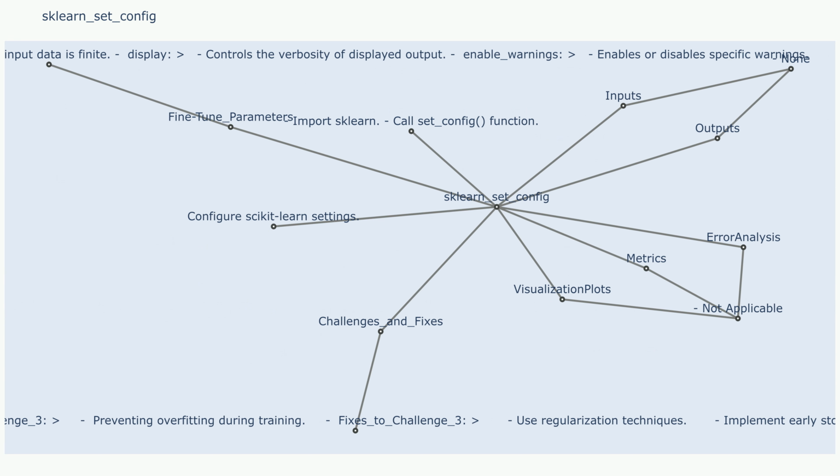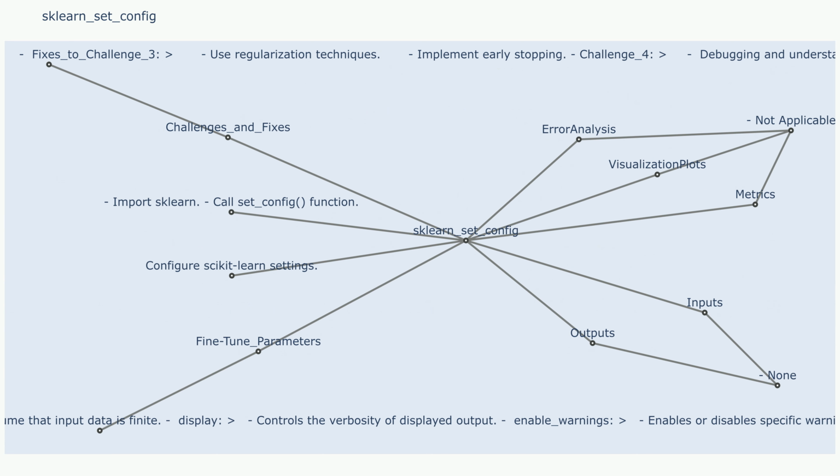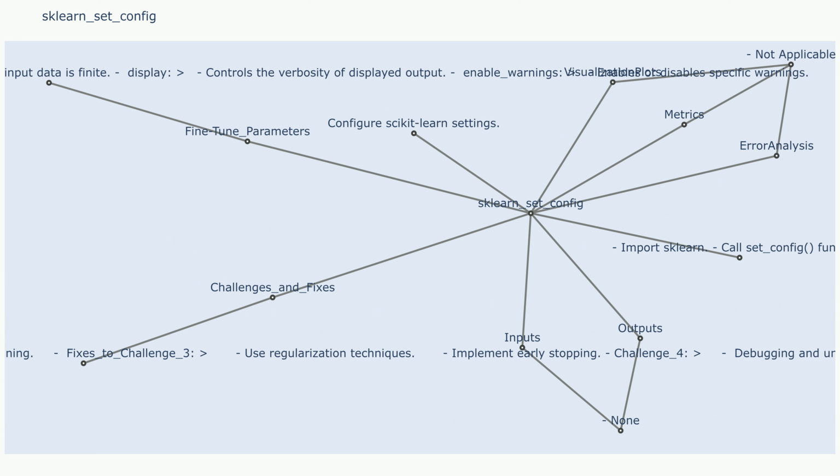Challenge 3. Inconsistency across multiple scripts or environments. If you use different configurations for different scripts or environments, it might lead to inconsistency in how your code behaves. Sample use case that resulted in challenge 3: setting the verbosity level to warning in one script and debug in another. Python. Script 1. From sklearn.utils import config. config.set_config(verbosity="warning")